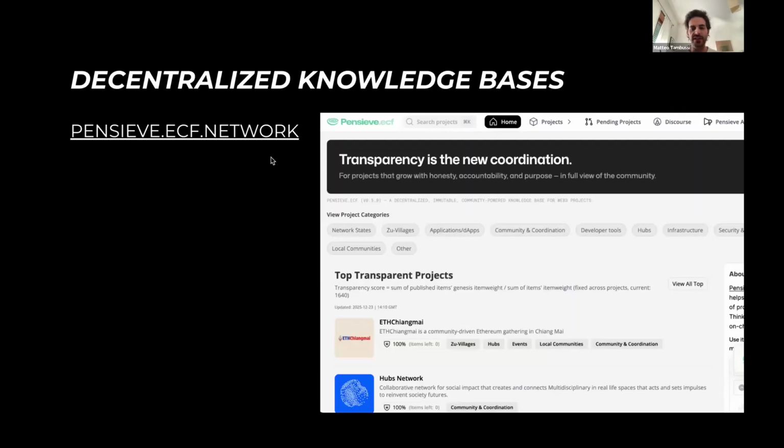Decentralized knowledge bases. This is a project that I was personally involved in called Pensive. Pensive is a decentralized knowledge base similar to Wikipedia, but Wikipedia is centralized; it's sort of open, permissioned, let's say, but it has tiers, and apparently a couple of guys make 70% of all the entries. Pensive is a fully decentralized knowledge base. Our vertical was Web3 projects. I don't know if you're familiar with Messari.